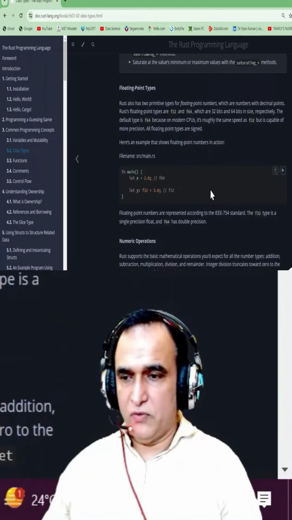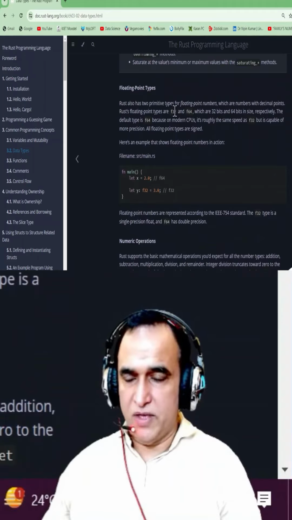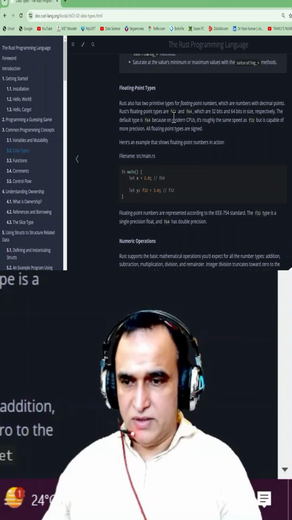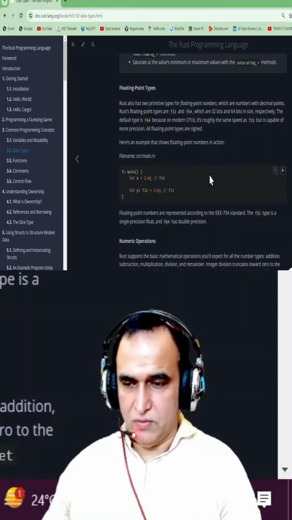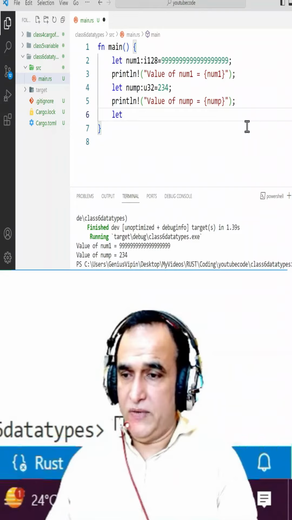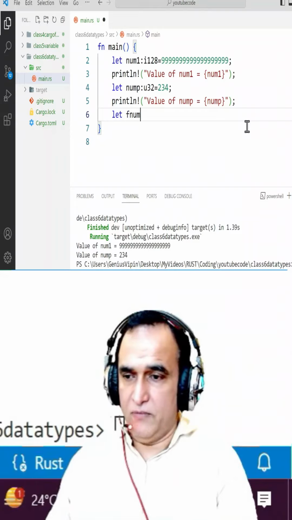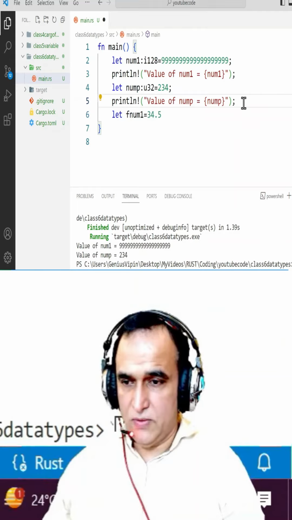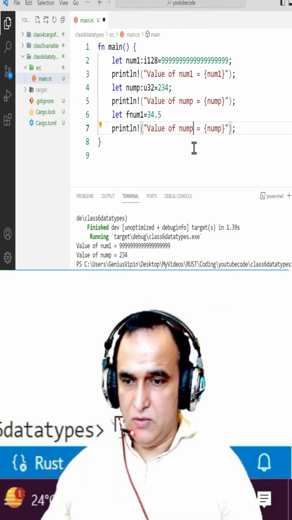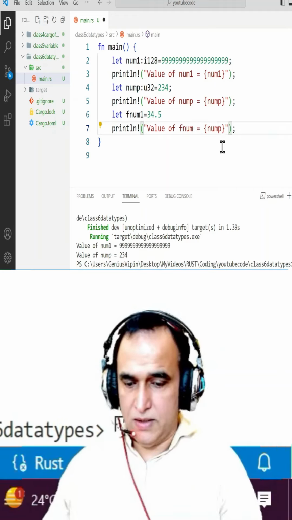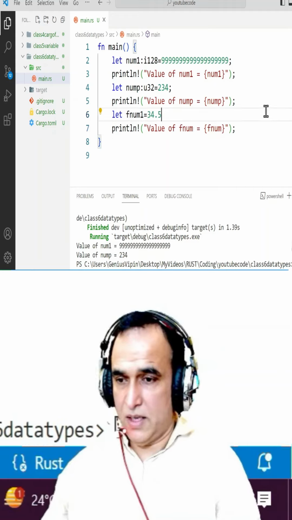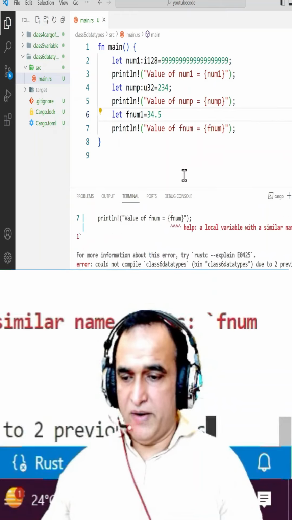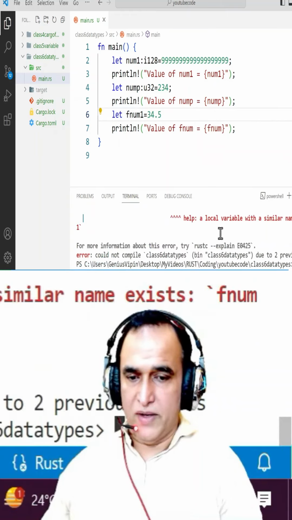Now we go to floating values. There are two types of floating values supported in Rust, f32 and f64. By default it is 64. So here if I say fnum1 floating value, and if I declare it like this, and I display this value again, so I say value of fnum here, and I put fnum like this, and you will see that by default size local variable similar to